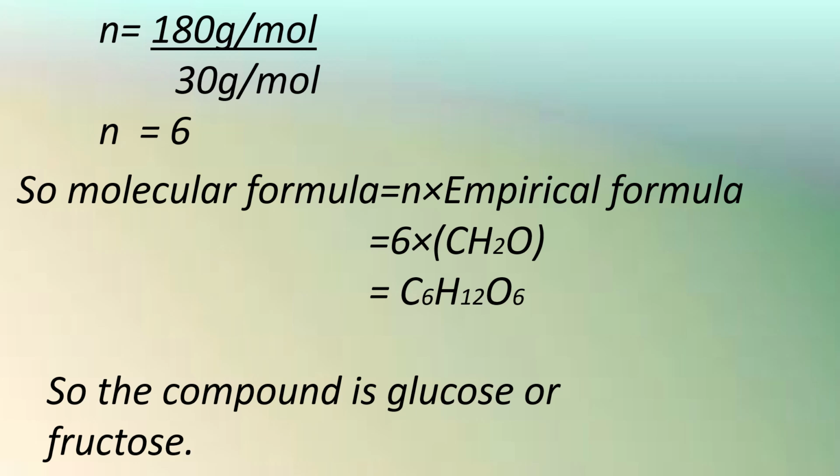Molecular formula is equal to N into empirical formula. The value of N is 6 into empirical formula CH2O. Multiply this by 6, we get C6H12O6. So the molecular formula of the compound is calculated to be